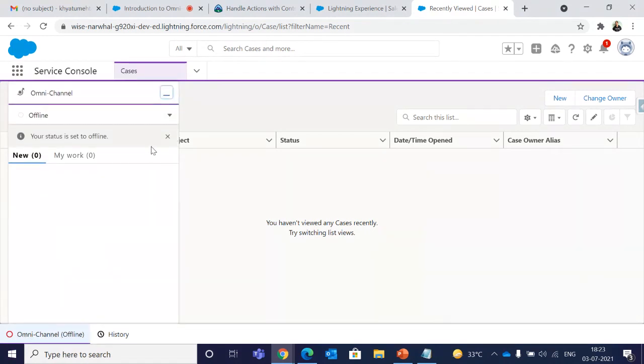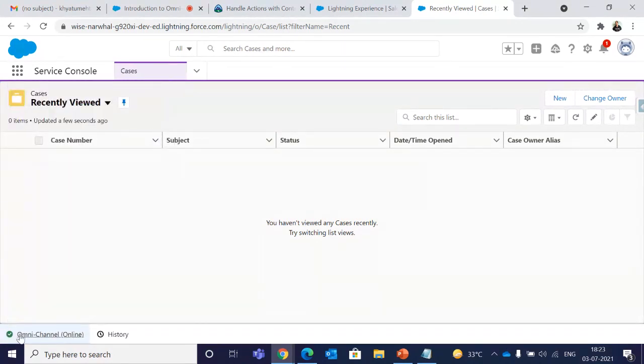But it is now offline. So I have created present statuses in one step. So let me click on this drop down. I should see available and busy. As you can see, we can see available and busy. So this is where the present statuses come from. I'll just click on available. Now you can see there's a green button. That means it is available.